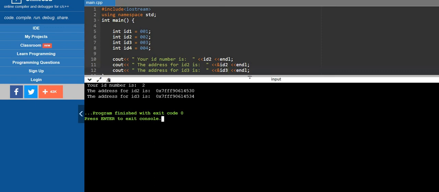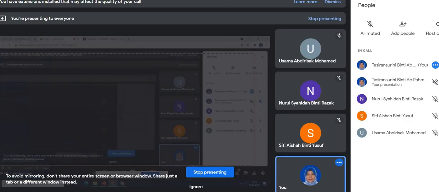but coincidentally the address is in an adjacent location, coincidentally, but usually the address is actually random. Okay, all right. So